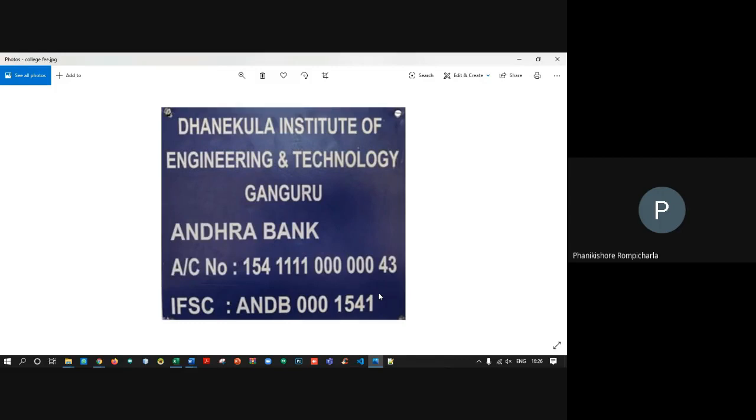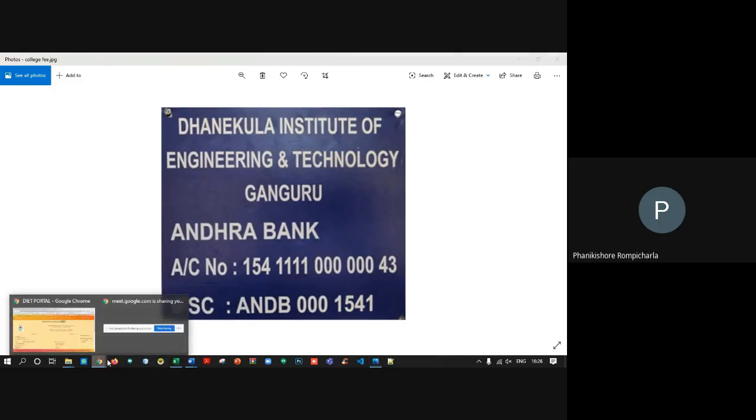Don't forget to mention your roll number in the remarks column of whichever payment mode you use, so that it will be easy and useful for faster verification by the college exam section people.